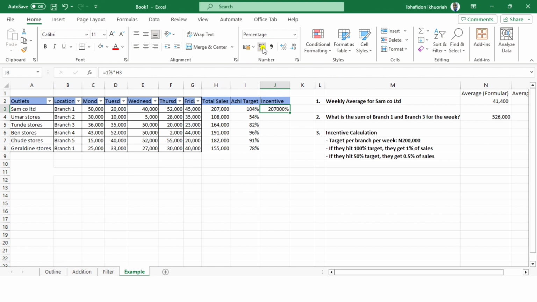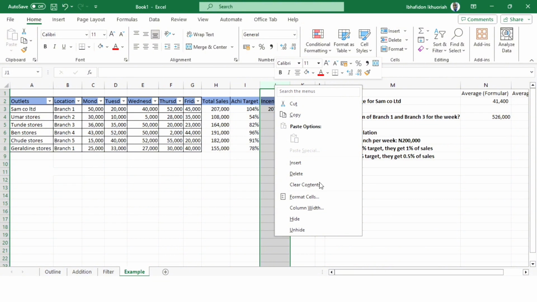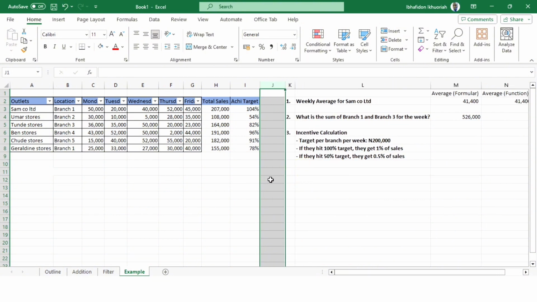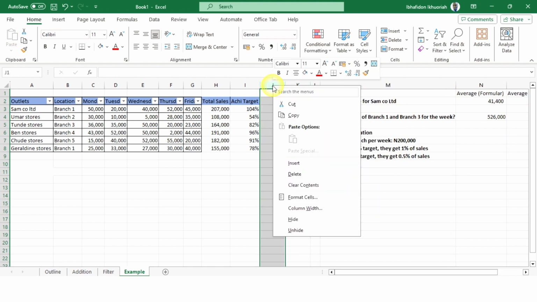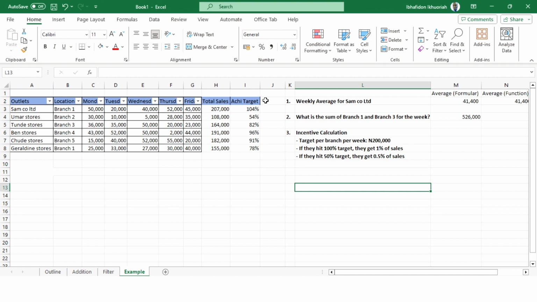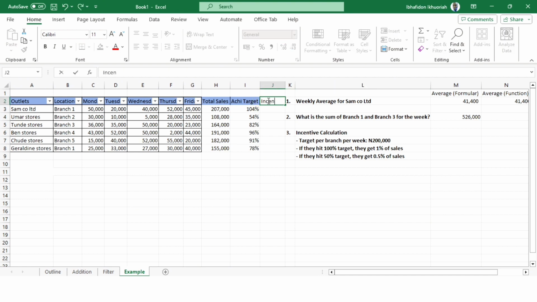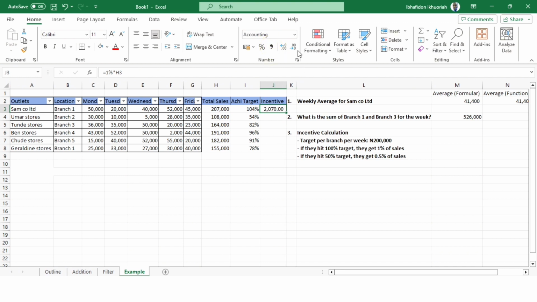Okay, this was expressed as a percentage before now. So let's delete this column. Let's insert, delete. Okay, so let's have our incentive. So equal to 1% of sales. So we have 2070. That is Samco's